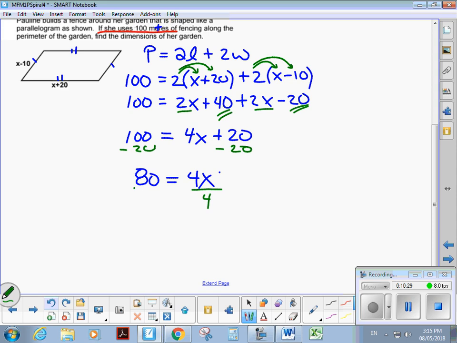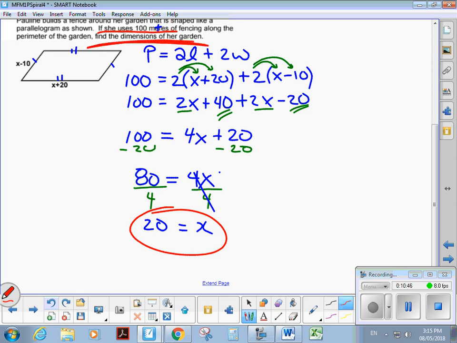Divide both sides by 4. So we have x equals 20. Now, a lot of people go, this is the final answer, I'm all done. It's an EQAO question. The question wants us to find the dimensions of her garden. So, over here we take our answer. So therefore,